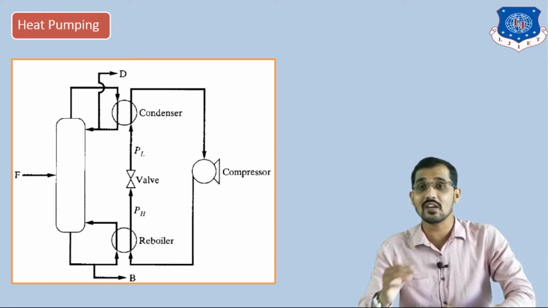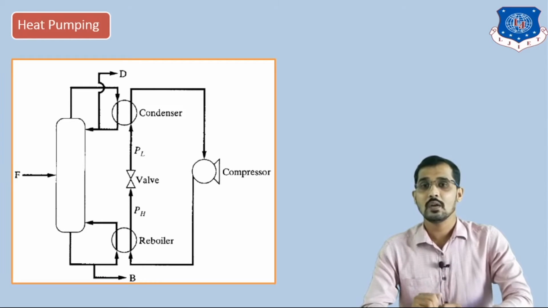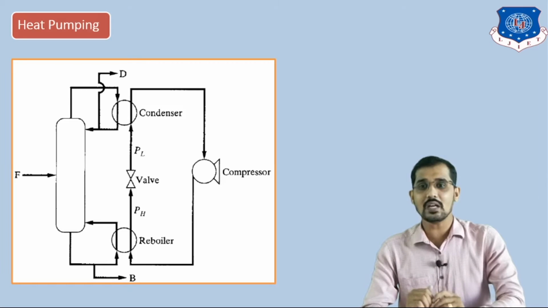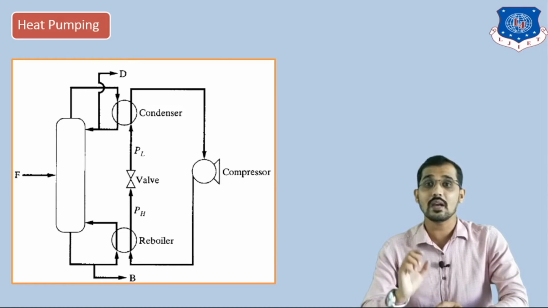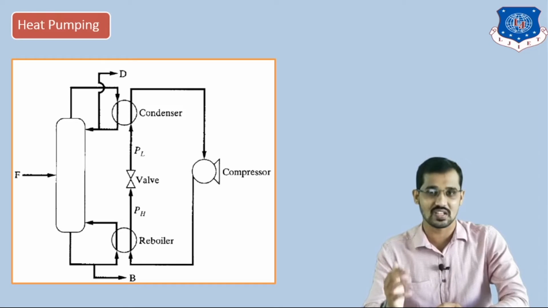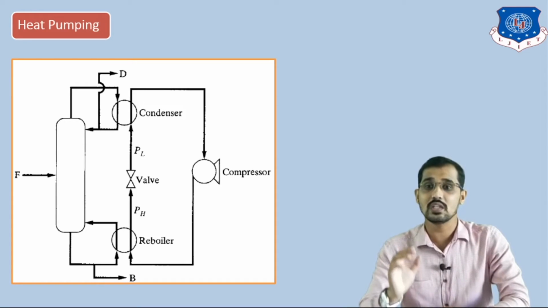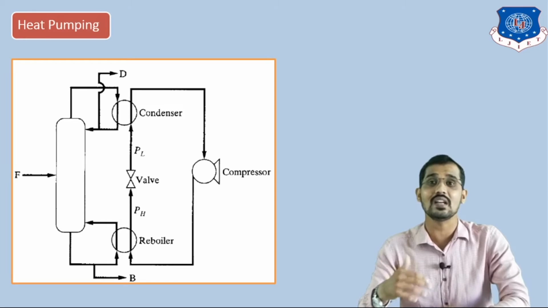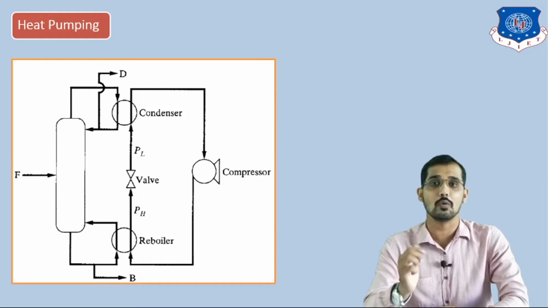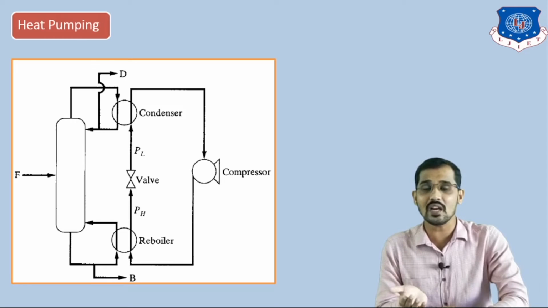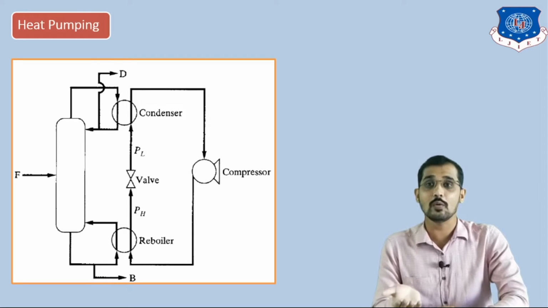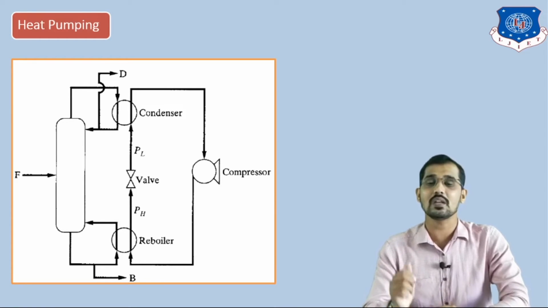So how to save energy in a distillation column? You can see here we have one distillation column. After that we have one condenser and reboiler. And reboiler and condenser are nothing but heat exchangers. That is nothing but process integration, means we are replacing external utilities by using heat exchangers. So this condenser and reboiler are acting as heat exchangers. After that we have in this figure a compressor to compress the vapors generated from the top section of the distillation column and to increase the temperature of the vapor. So we can use those vapors as the energy source in the next distillation column. That is nothing but heat pumping.